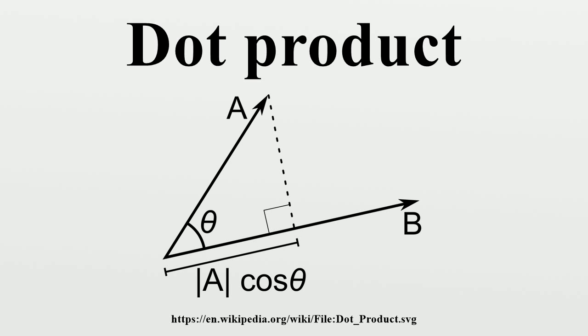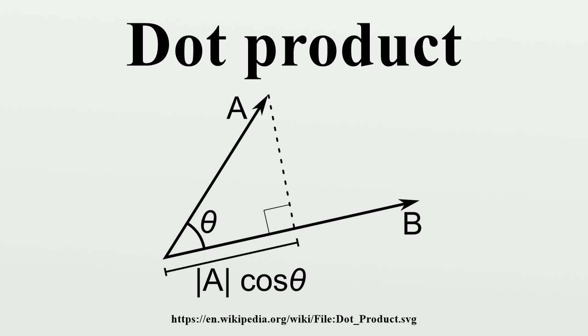Scalar projection and first properties: the scalar projection of a Euclidean vector A in the direction of a Euclidean vector B is given by |A|cos(theta), where theta is the angle between A and B. In terms of the geometric definition of the dot product, this can be rewritten as A·B-hat, where B-hat is the unit vector in the direction of B. The dot product is thus characterized geometrically by these properties. The dot product, defined in this manner, is